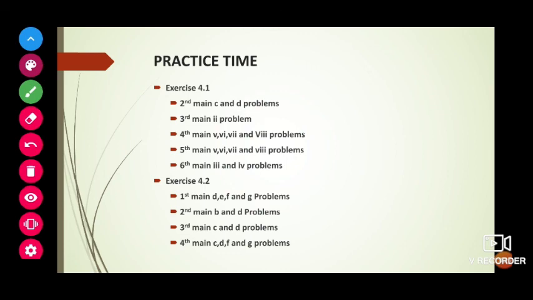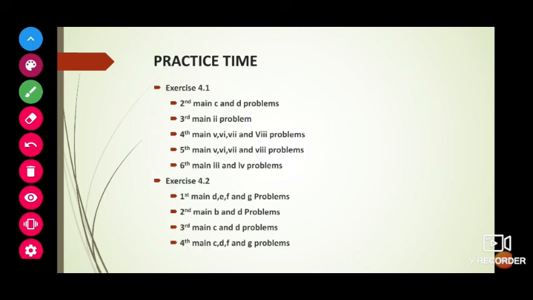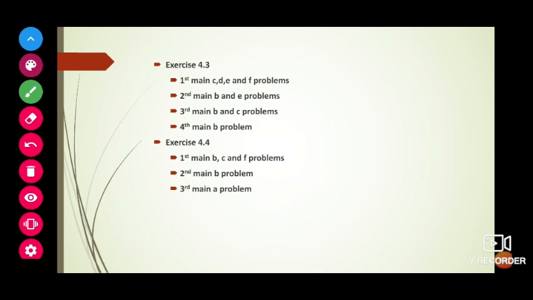Next one, practice time, children. Here you are having 2 pages of practice time. What you have to do means, this page do first week, whenever you will get your video, no? So first week you do this homework sums, and these sums you do in the second week. Means you will get 2 weeks gap in between the 2 videos. If today you get the video, again after 2 weeks you will get. Means 2 Thursdays you have to submit the homework. So this homework submit on the first Thursday, and this homework submit on the second Thursday. By that way even your work will be easier.